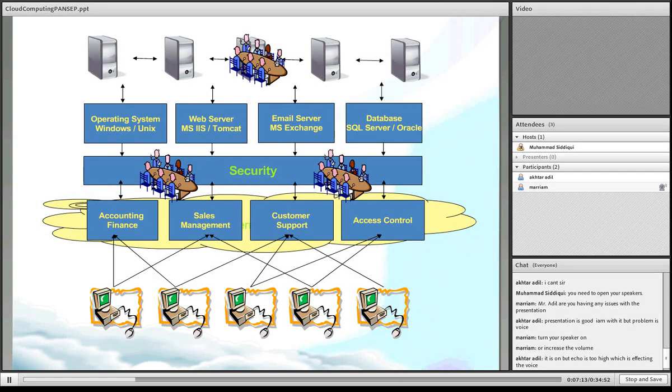So at that point, we realized that, you know what? Take all the software, move it onto the internet. So now what I'm doing, rather than having my Microsoft Exchange server installed for emails, I use Gmail.